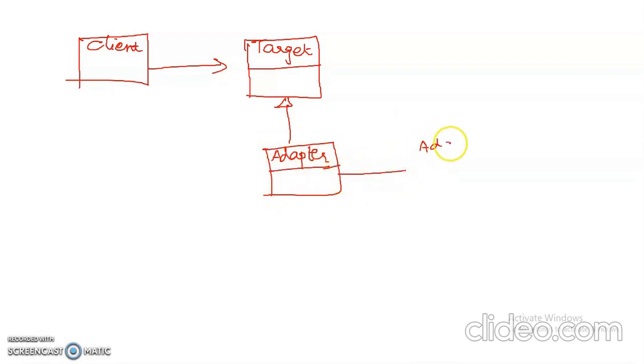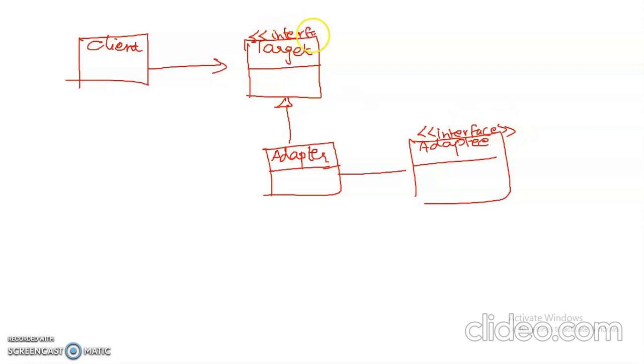This is the already existing class. Target is our interface, and this is also an interface. Two incompatible interfaces. This target is incompatible with this adaptee, so we are using the adapter to make them compatible with each other,